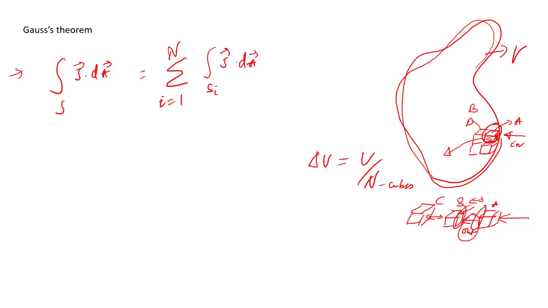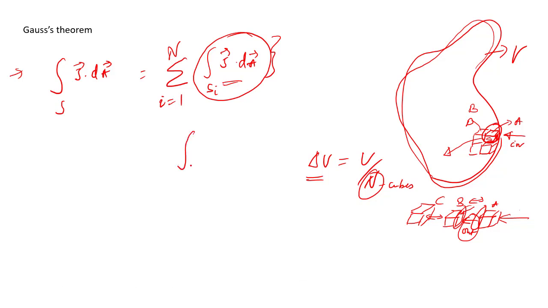But if we just do this, there is a problem, because if I keep increasing n, this volume becomes so small that the flux of each single cube becomes so tiny that all of them almost go to zero. So to avoid going to zero, and to also include this effect of the proportion that there is to volume, what we can do is, instead of just looking at J dot dA, we can instead look at